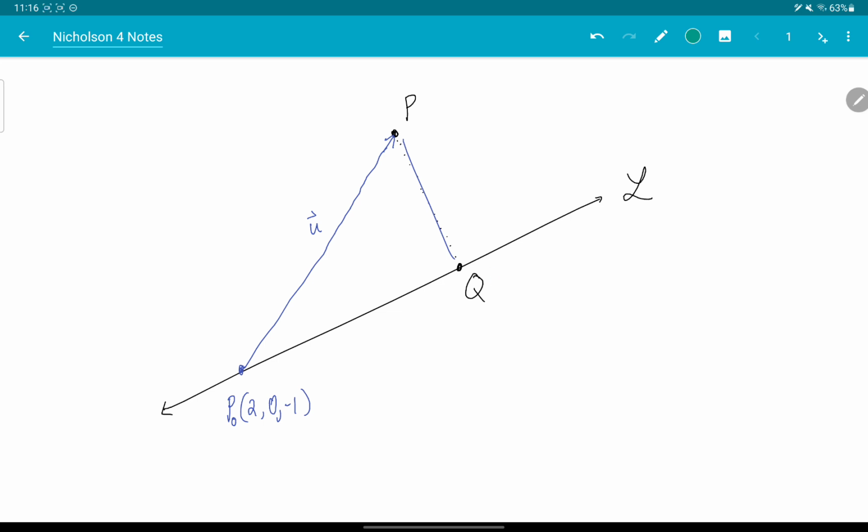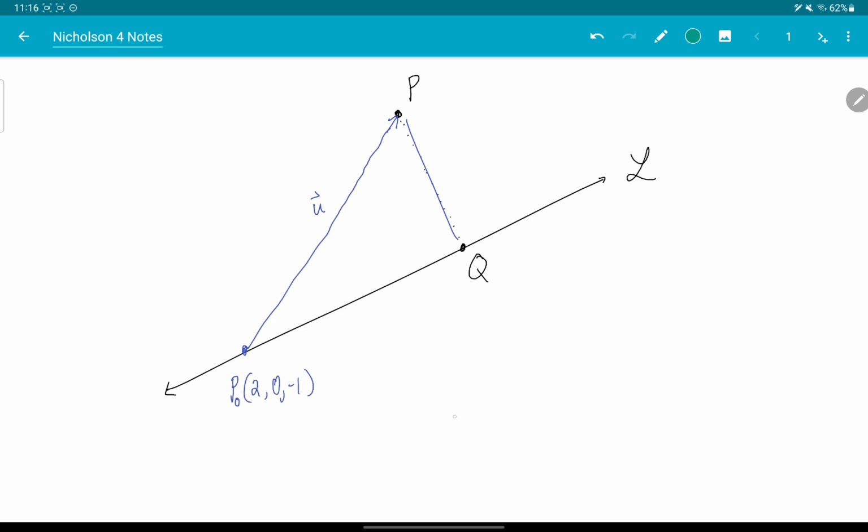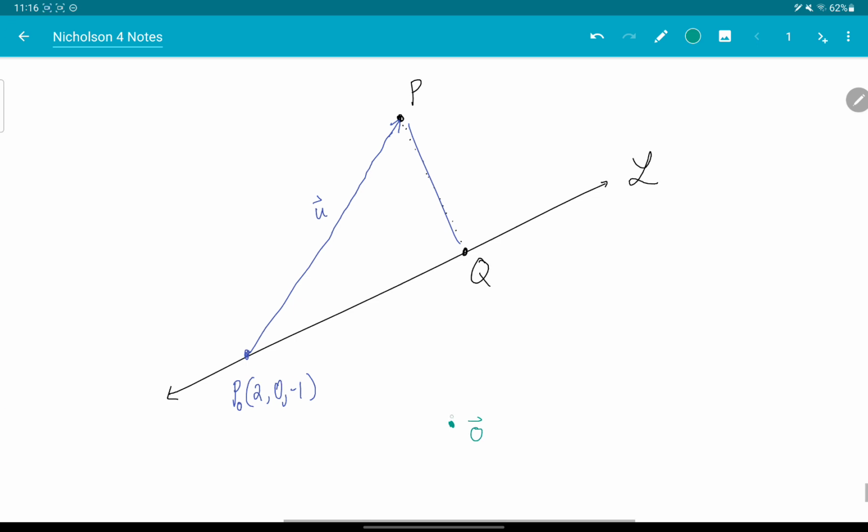Well, here's how I'm going to attack it. I'm going to do something kind of funny. I'll put the origin here. You know, I could put the origin here and it wouldn't make a difference. Or I could put the origin here. It wouldn't make a difference. It'll make my diagram unpleasant, but it will give me the same answer. So I'll put the origin here, and I will try to find this vector